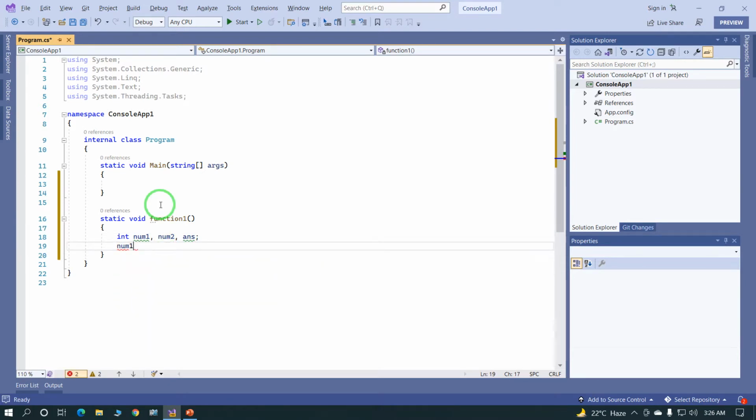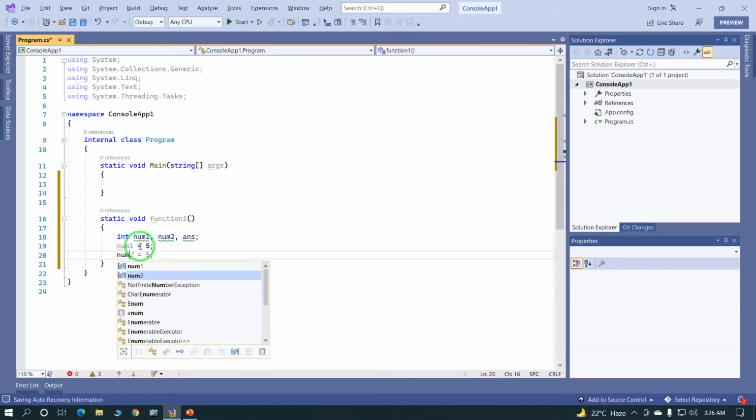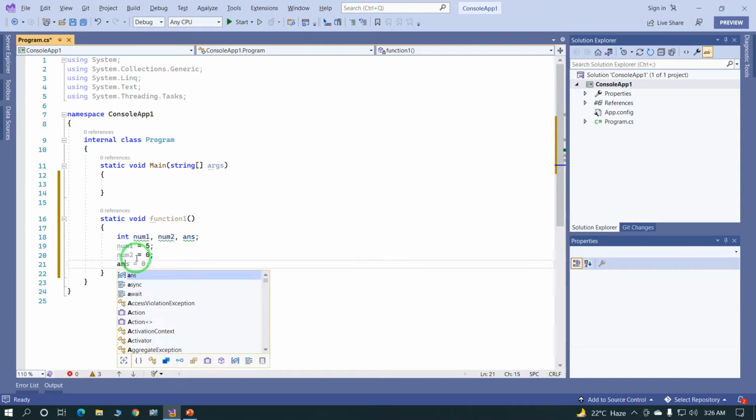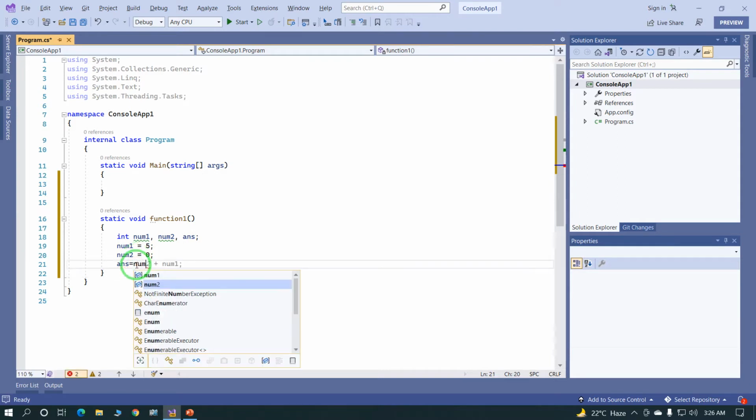Number 1 equal to 5, number 2 equal to 0, answer equal to number 1